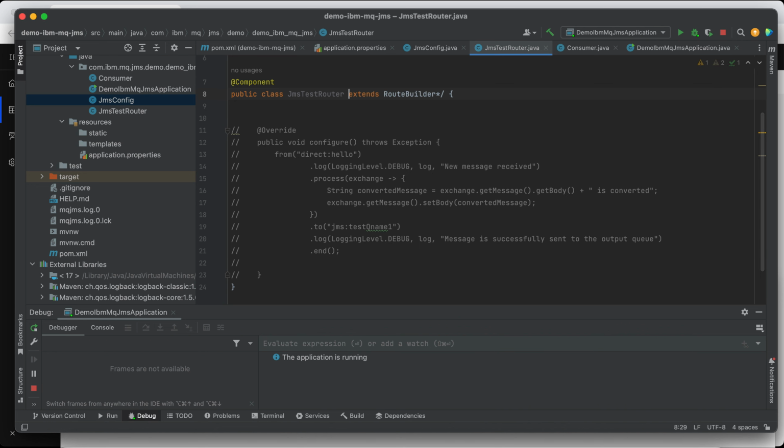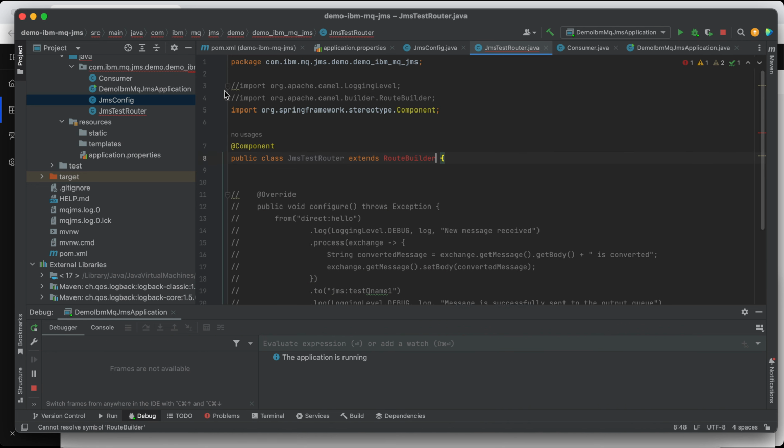Okay. So these are our Apache Camel configuration.